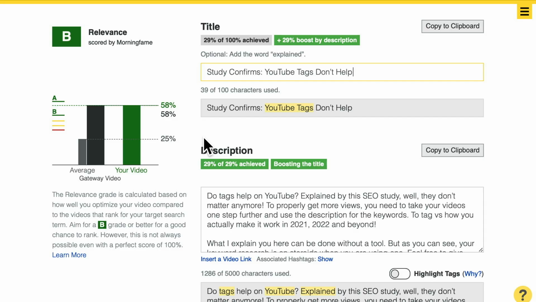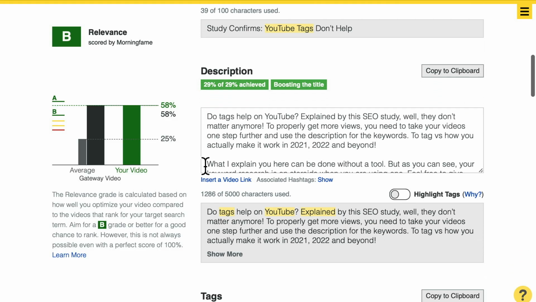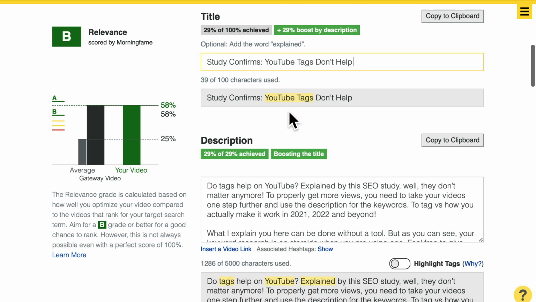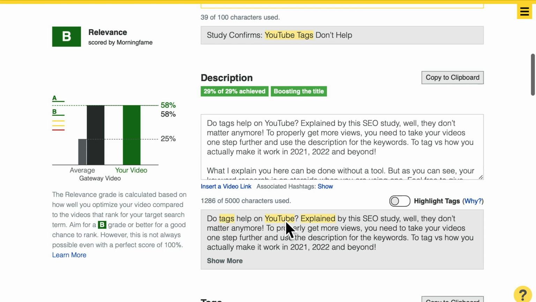So once the title does not contain all words of the search term, the description goes into boost mode. And here what I did is to include in the description all the other words. So YouTube tags explained. That was my target search term. Here you go. And that is now fully included into the description.